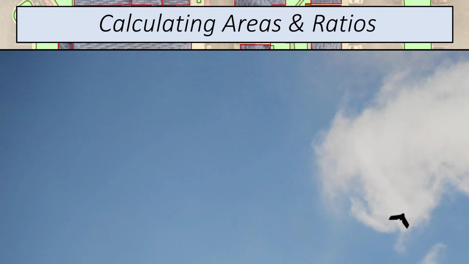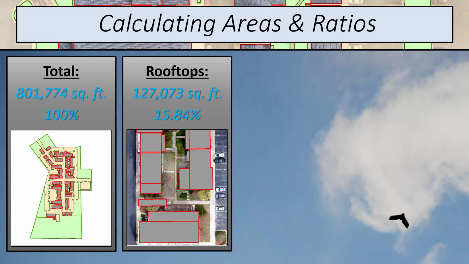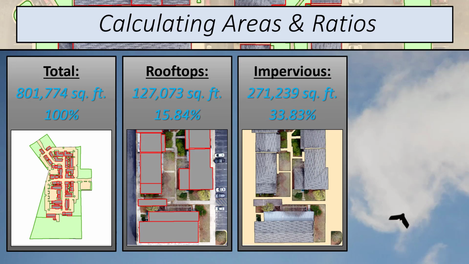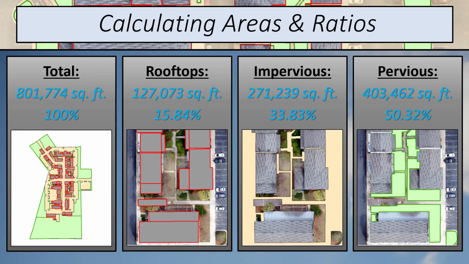Once you have finished calculating the geometry for all of your classes, then you should have your measurement results. For our garden apartment site, the total area of the site was approximately 800,000 square feet. Of that, about 127,000 square feet, or 15.84%, consists of rooftops. About 271,000 square feet, or 33.83%, consists of impervious surfaces excluding rooftops, and 403,000 square feet, or 50.32%, consists of pervious land cover. So now we have a full understanding of the land cover characteristics for our site and understand